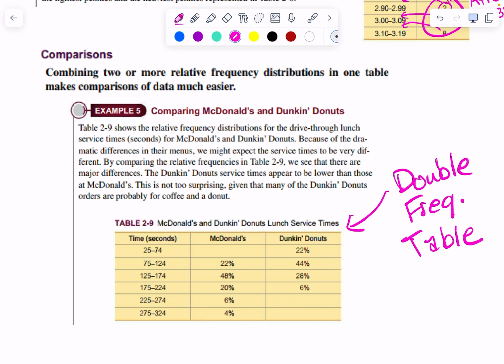So if I only surveyed 50 people here and I surveyed 1 million people over here, you're going to be like, well, of course there's more people in this category. Well, now that they've converted it to percent, it doesn't matter. Make sense? So percentage wise, I can see that Dunkin' Donuts has